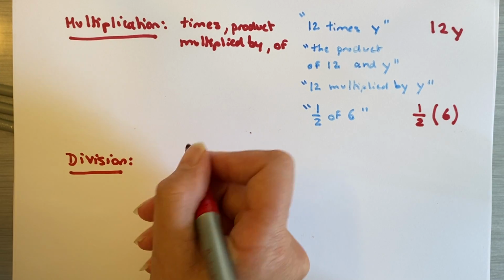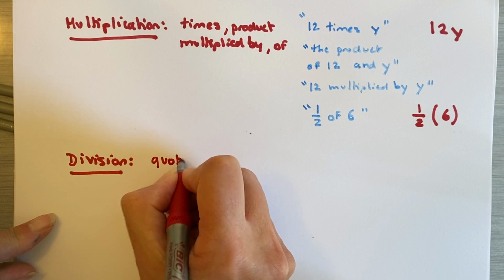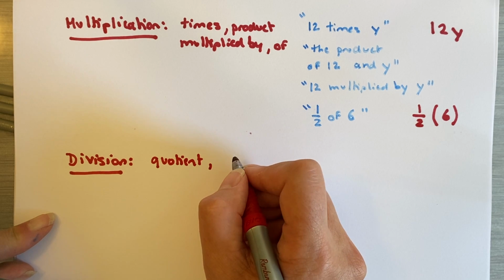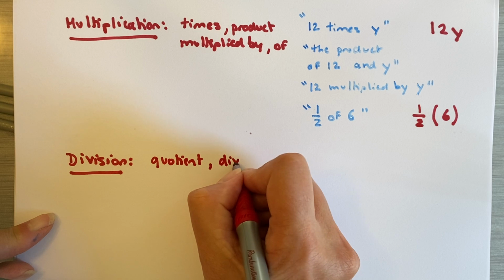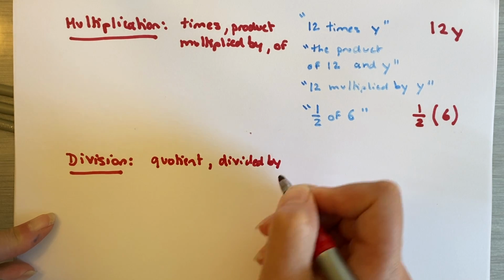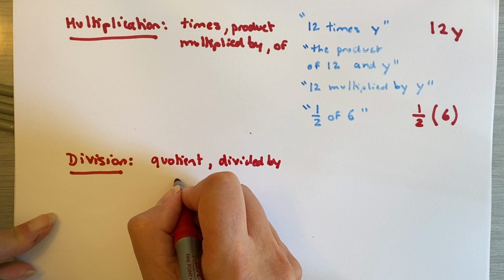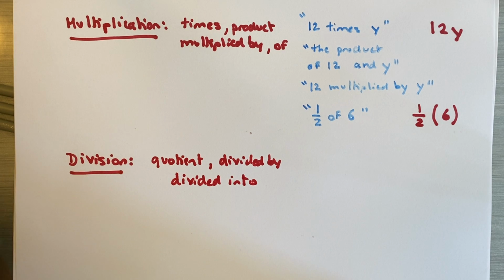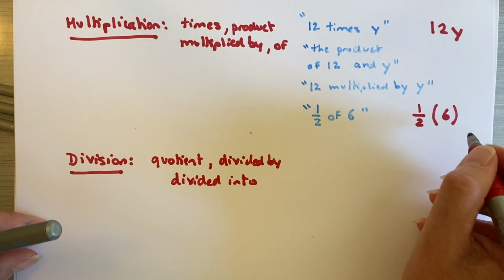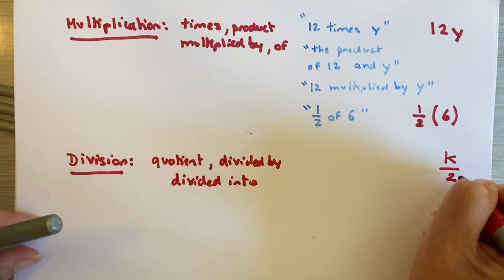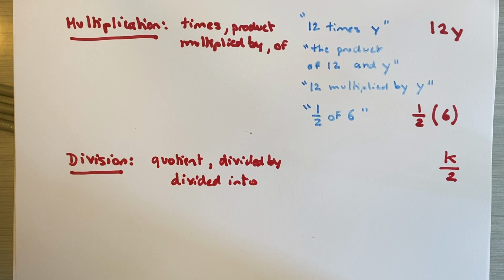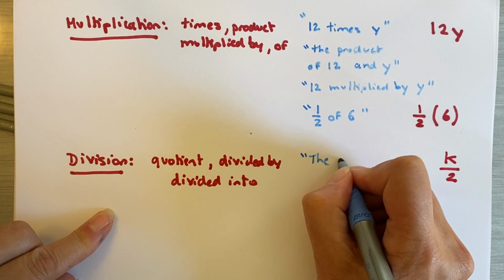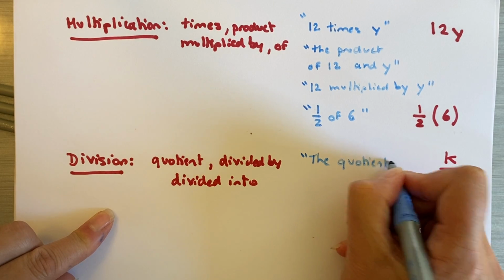In division, we have things called quotient, and we'll go through that. We have divided by, and you have divided into, the opposite. So what if I have k over 2? Well, if I have the quotient of